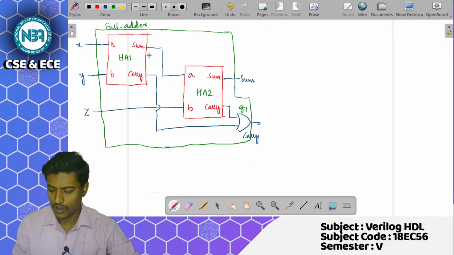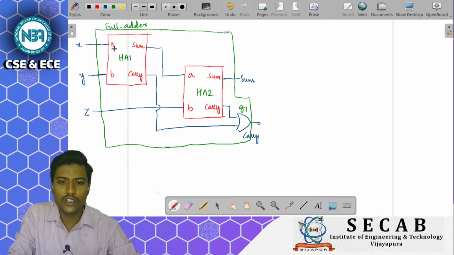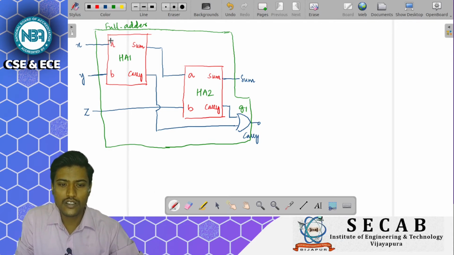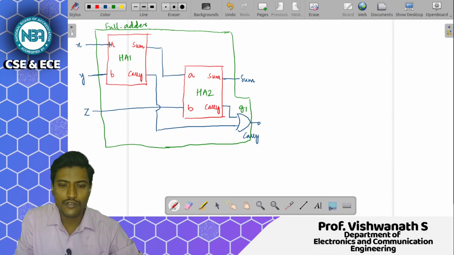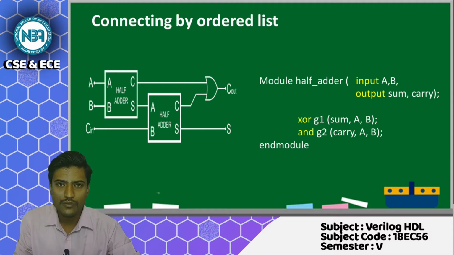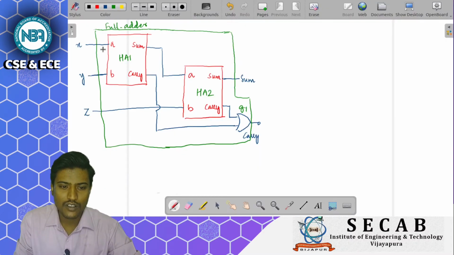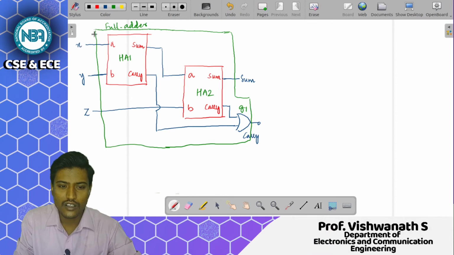Let me go through this block. Here this is a half adder. I think this particular example is a bit confusing as both port names are A and A, so for that reason I have taken a full adder.